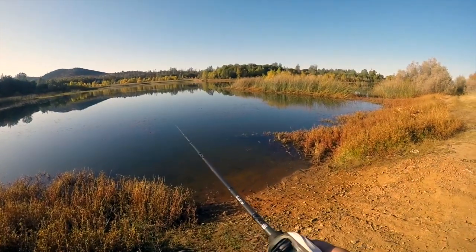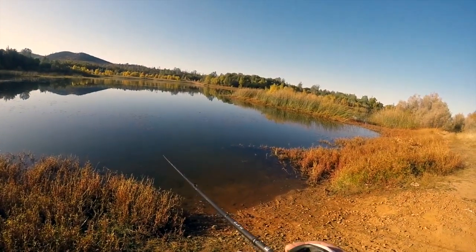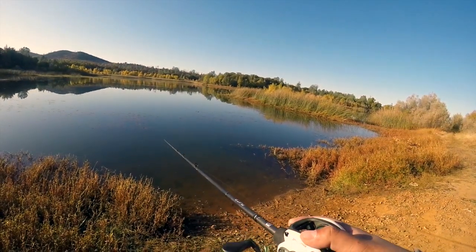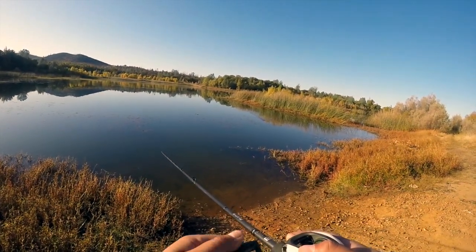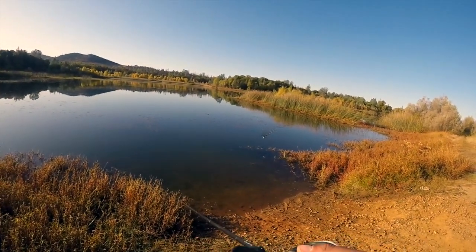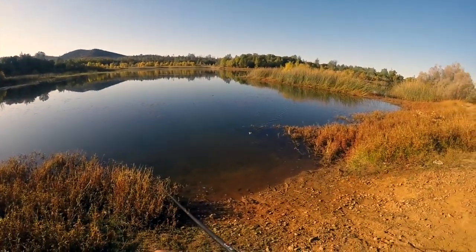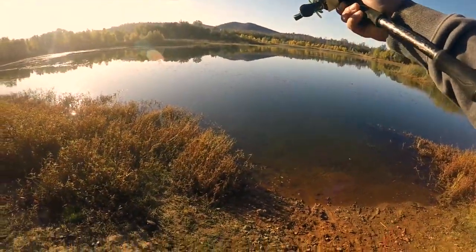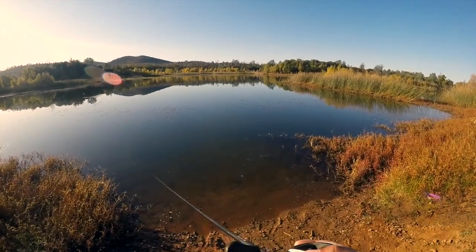Alright, let's get on the road. And of course I decided to launch over here, and I have to cast a few times here now before I launch. It's not really necessary. There's a lot of good water out there to fish, but